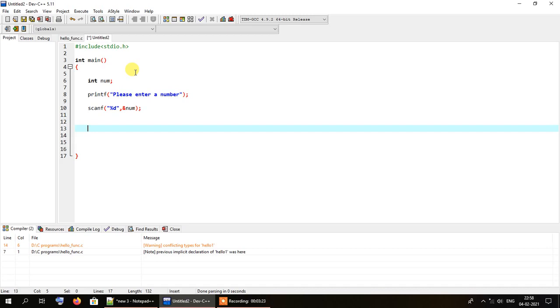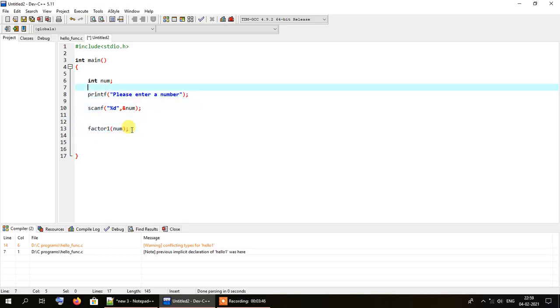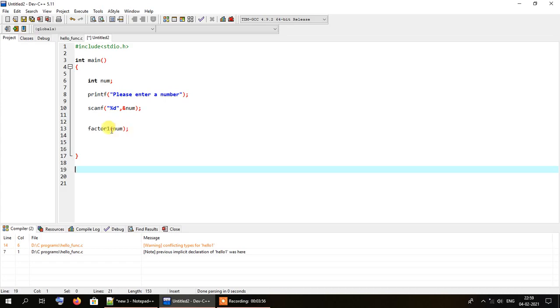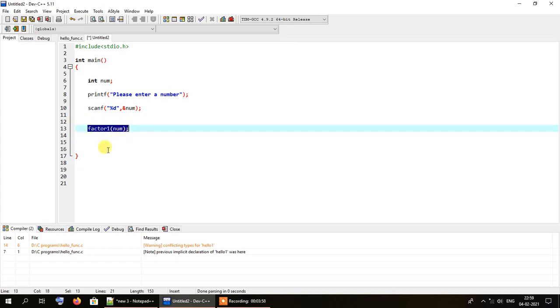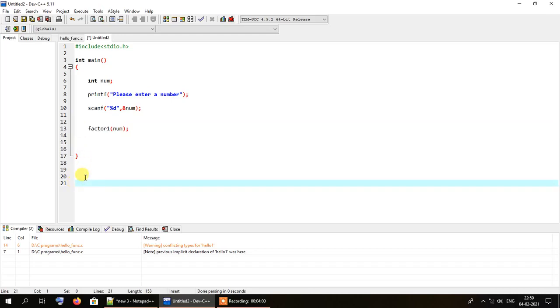So let us simply call the function, and let me name it factor1, and let me pass the number that we wish to pass to the factor1 function inside the parentheses. So we'll be calculating the factor of this value called num, and that's the reason we are passing num inside the factor1 function as a parameter. So now let me write the code for calculating the factor of num. So void, as you can see that this factor1 is not returning any value to the main method, so for that reason the return type of factor1 will be void.